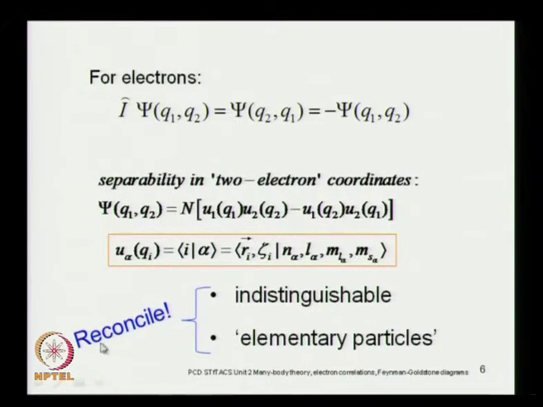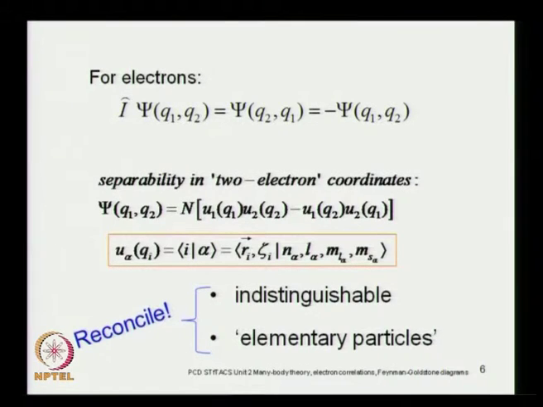So, you have to reconcile two properties, two attributes which can appear to be contradictory. The particles are indistinguishable in the sense that you really cannot separate one from the other, yet you talk of them as individual elementary particles in which each has an identity of its own as an elementary particle. The elementary particle of nature is the electron, not the twin, it is not the pair of electrons. So, the elementary particle is still the electron,